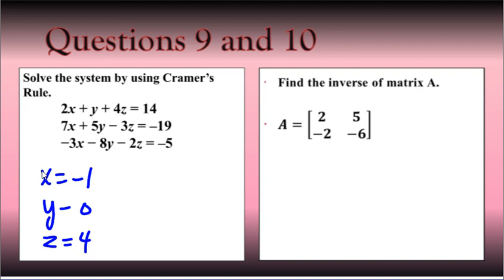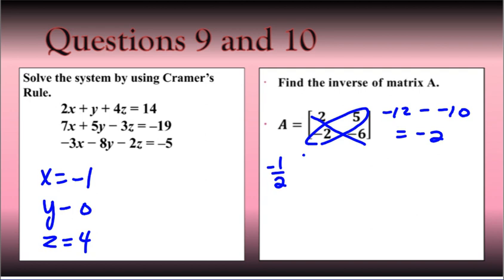Question 10. Find the inverse of matrix A. So to find the inverse, we're going to first find the determinant. So 2 times negative 6 is negative 12, minus negative 2 times 5 is negative 10, which will give us an answer of negative 2. Now I have to take the reciprocal of our determinant, which will give us negative 1/2, and then I multiply